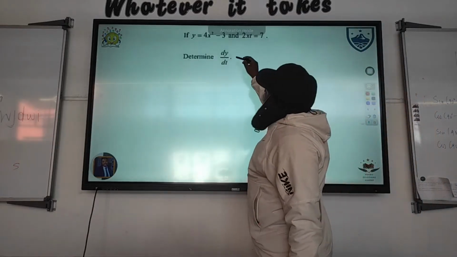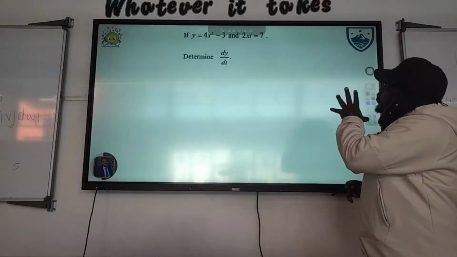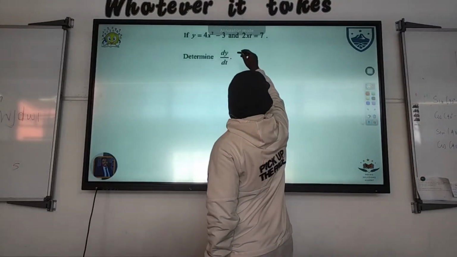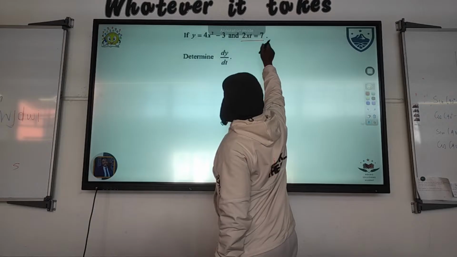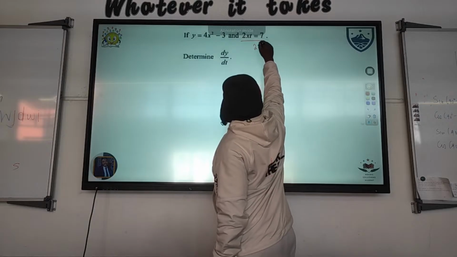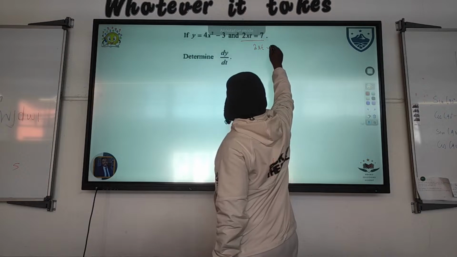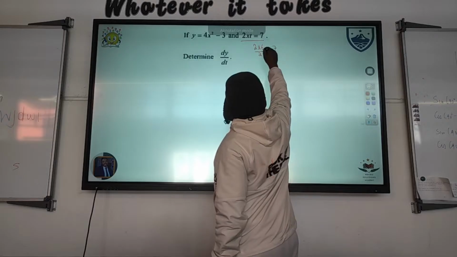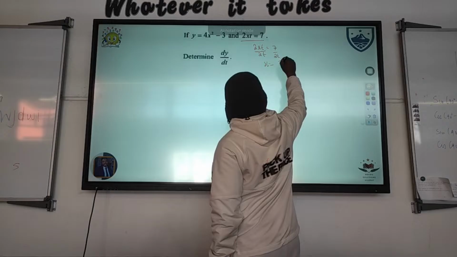But firstly, y must be the subject of the formula. So let's take this equation and make x the subject of the formula. So you'll have 2xt equals 7, and we want x to be the subject, so we'll divide by 2t,